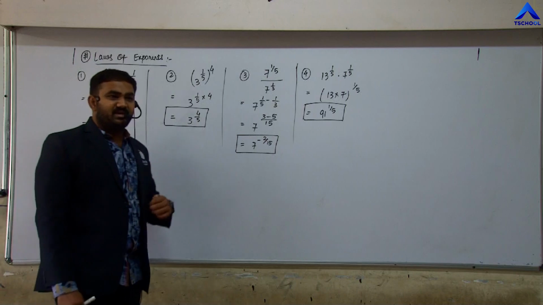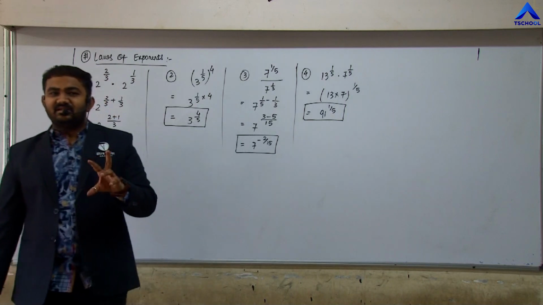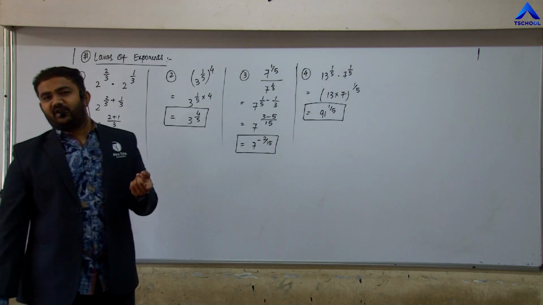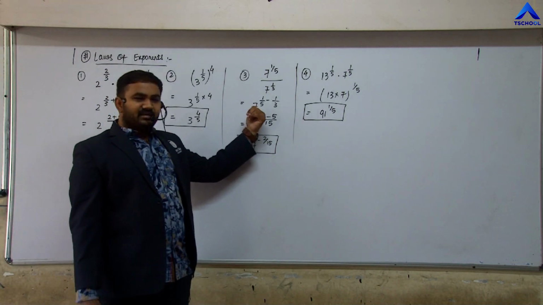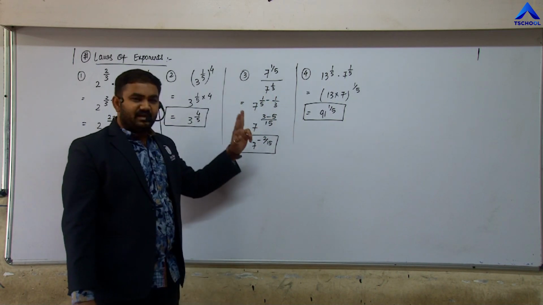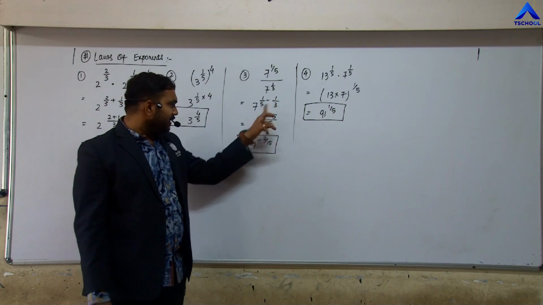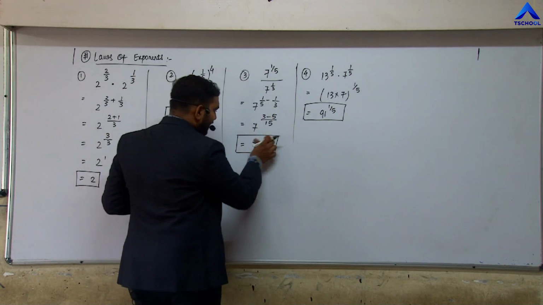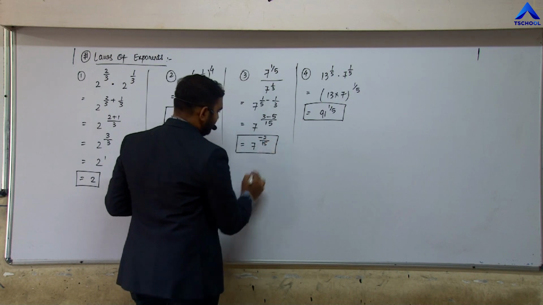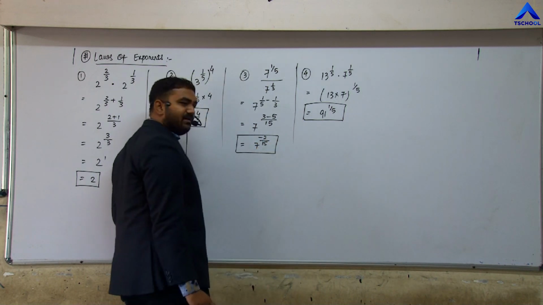The third one is of the third law, a raised to m upon a raised to n. That simply means making the common base and the powers will be subtracted, in the sense the exponent of the denominator is subtracted from the exponent of the numerator. That means taking the common base 7 raised to 1 upon 5 minus 1 upon 3, cross multiplying 3 into 1 is 3, minus 5 into 1 is 5, upon 5 into 3 is 15. 3 minus 5 is minus 2. So finally we get the answer 7 raised to minus 2 upon 15, right? This minus 2 upon 15 is in the power of 7.